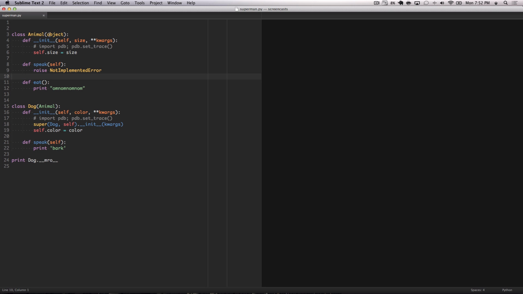We have an animal class, which subclasses object. This is what Python calls new style classes. If you see something like this, that's also a valid class. It's just considered the old type. But moving forward, any new code that you may write, you should subclass object. We have an initialization method that takes a size and initializes the size on the object. We also have a speak method, which has a not implemented error, since subclasses of this